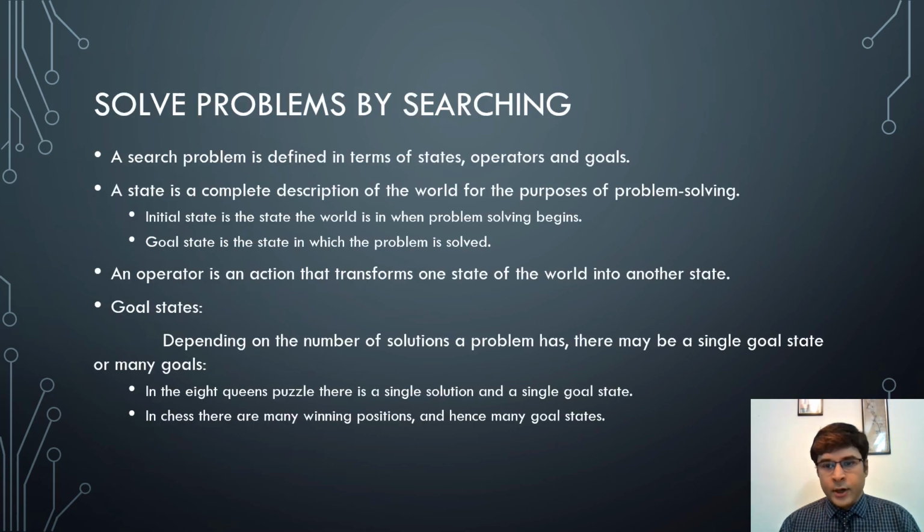In this slide, we look at a popular problem solving technique, which is searching. A search problem is defined in terms of states, operators, and goals. A state is a complete description of the world for the purposes of problem solving, where the initial state is the state the world is in when problem solving begins, and the goal state is the state in which the problem is